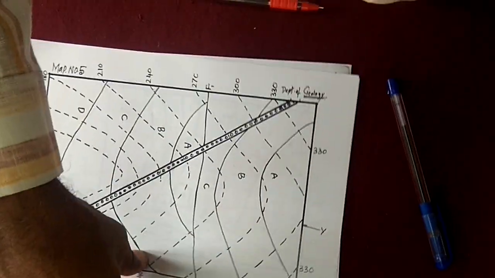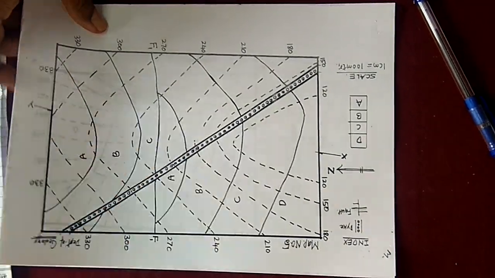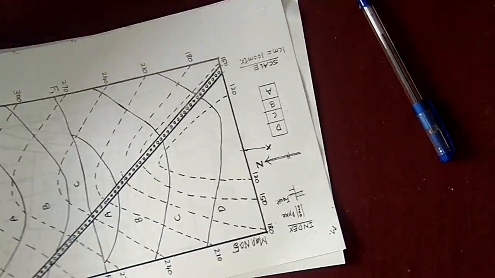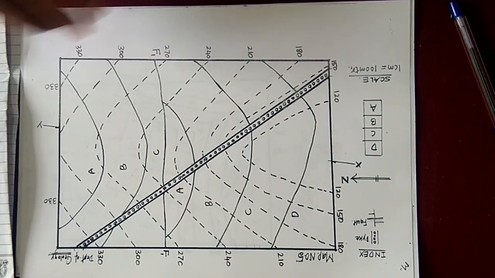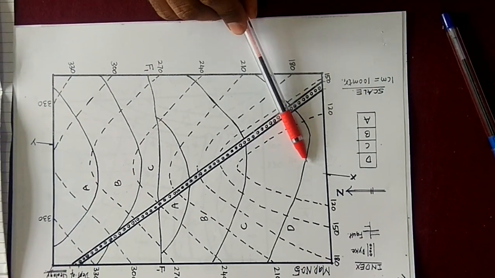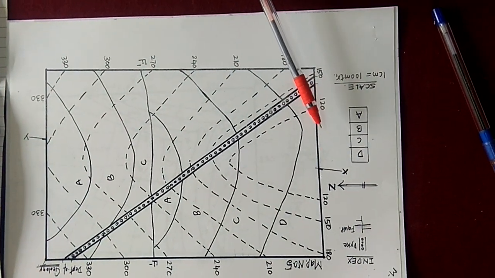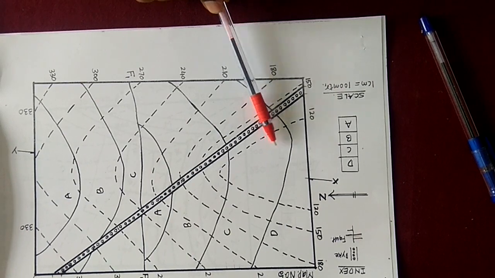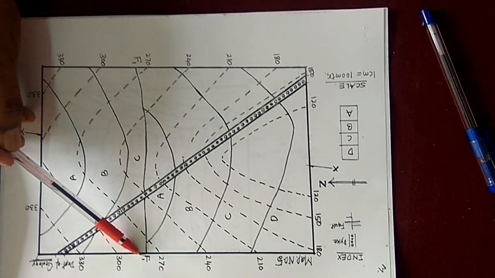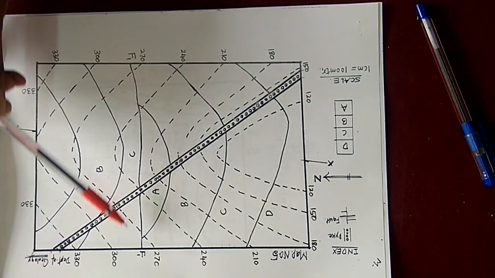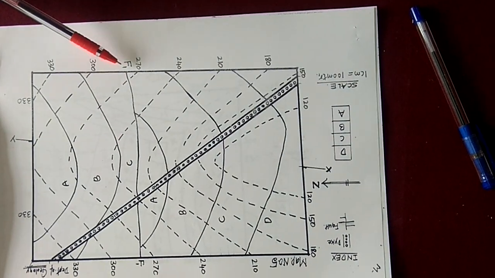Okay, friends, this is map number 5 which we have given. What is the speciality of this map? The speciality of this map is, first point, bedding planes are inclined, since contour lines and bedding planes cross with each other. How much it is inclined, we have to calculate. This is the first point. And the second point in this map, not only beds are inclined, there is a fault line. This is the F1 which represents the fault.